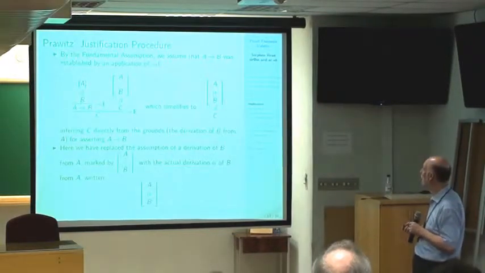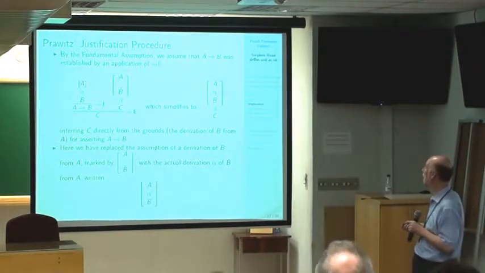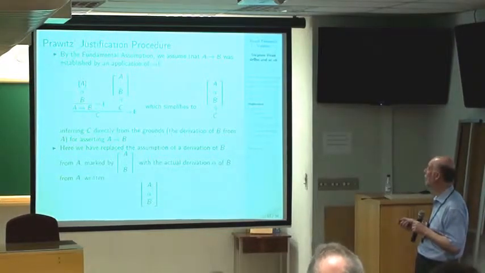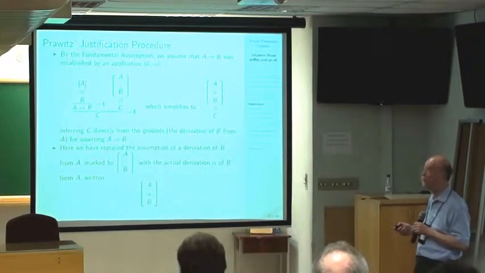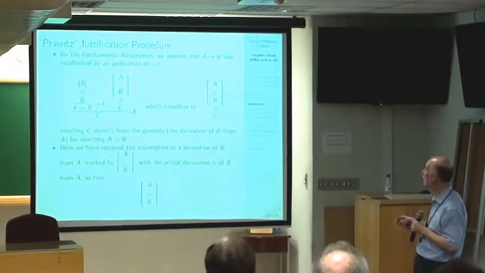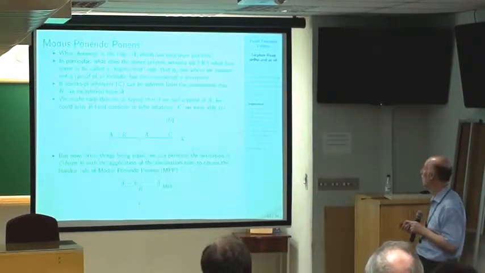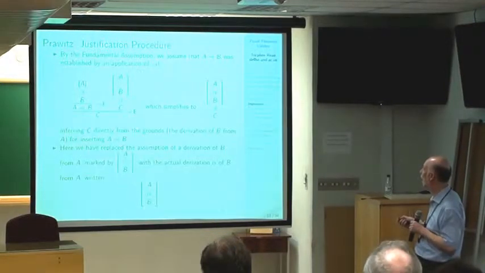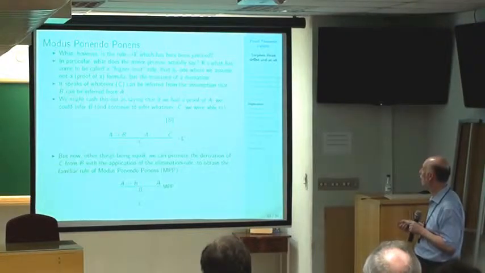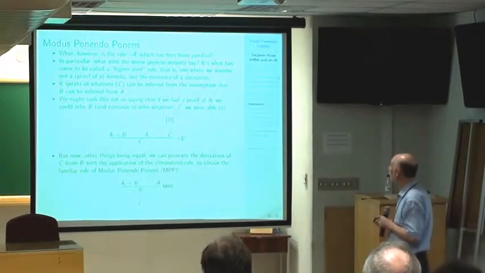What we have in this shape is what I think goes back to Schroeder-Heister in this terminology. This is a higher level rule because instead of just a formula being assumed in the proof, we're actually assuming the existence of a derivation in the proof. So in that sense, this is a lower level rule, this is a higher level rule. And what we're going to do now is find a way to convert the higher level elimination rule into a lower level elimination rule where the only assumption is the assumption of a formula. The idea being that